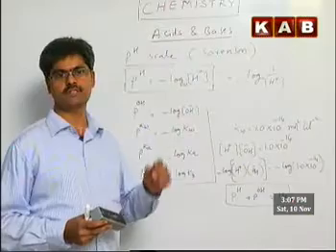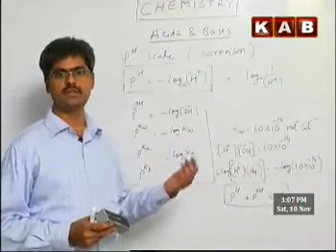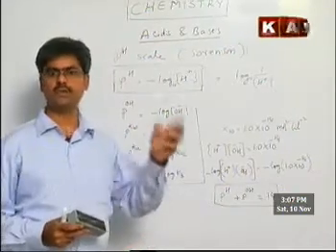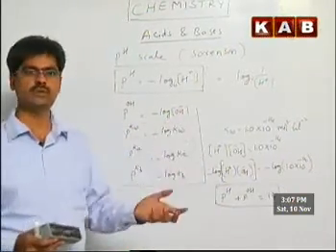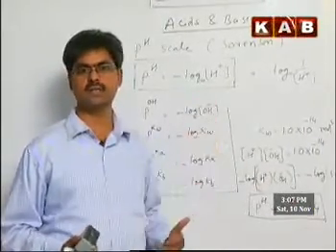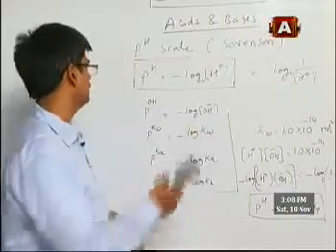That is, it will be first of all only acids when H plus ion concentration is given, then coming towards bases when OH minus ion concentration is given, then mixture of two acids, then mixture of two bases, then mixture of acids as well as bases. Means various categories we need to calculate. So one by one we will take up the examples category wise.